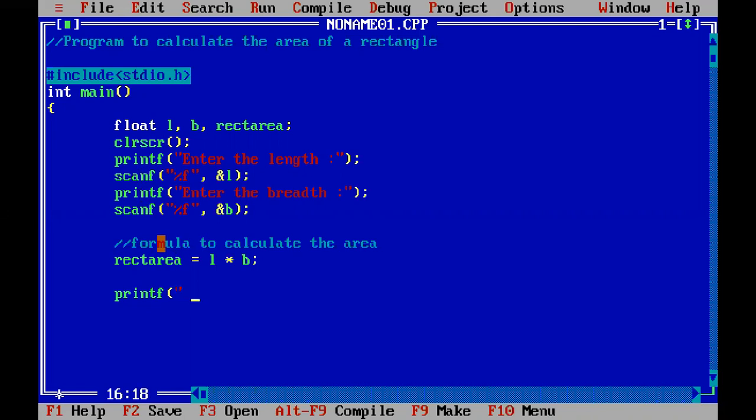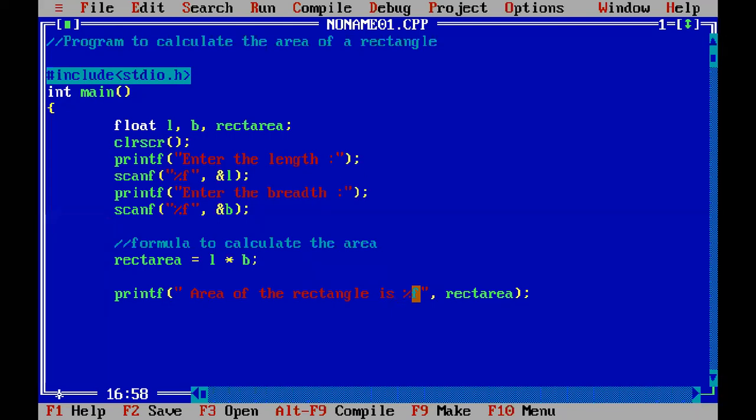So here we will write "area of the rectangle is %f", close it, and everything will be displayed as given except for in place of %f, what do you want to get displayed? You want to get the rectangular area displayed. So that is why you have to mention that variable which holds the value.